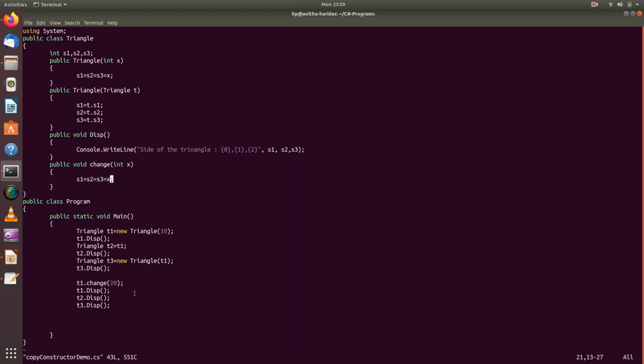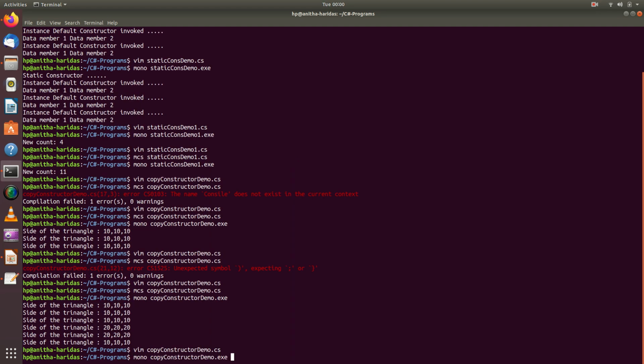Okay. So this is a better example of how copy constructor helps in creating a new object from another object, values not as a reference. I again run the program.